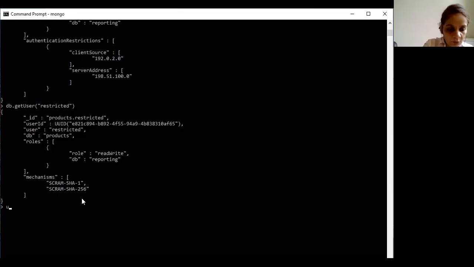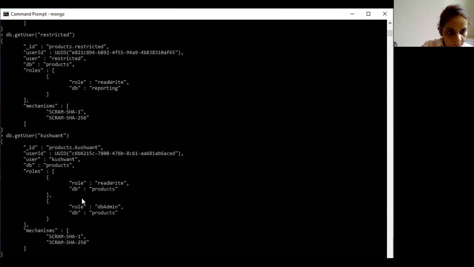Now we created one more user, that was I think Kushwant. So let us try to get that also. db.getUser, name was Kushwant. Now see, it has provided the information about the Kushwant user. It has shown the _id, which means the document in which this user exists is products.kushwant.